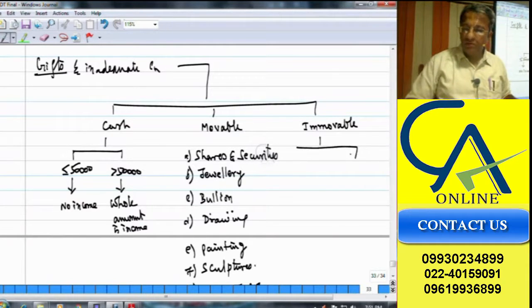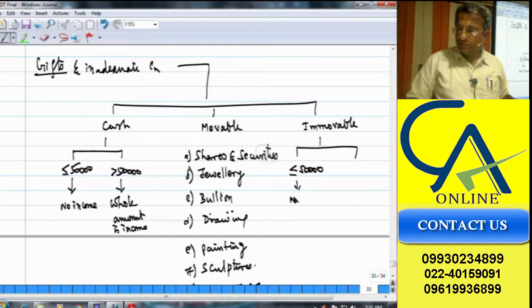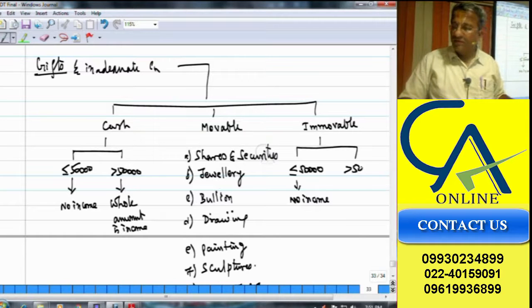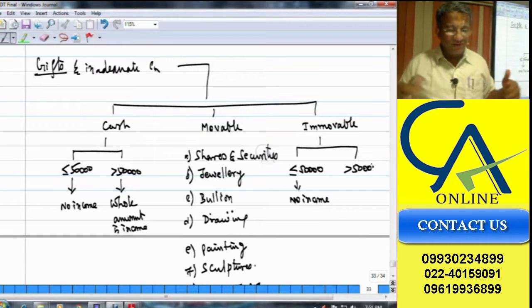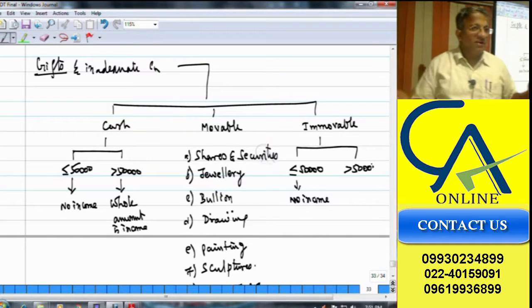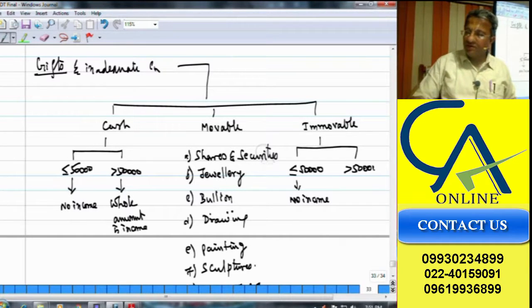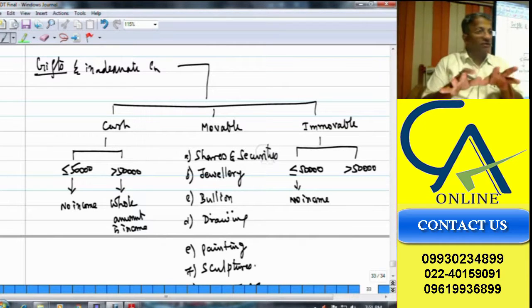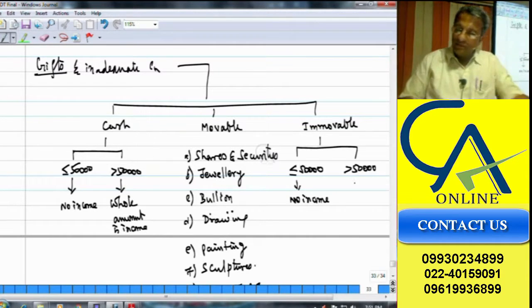Immobile, less than or equal to 50,000, no income. Greater than 50,000, or for all these I could have just done. Anyway, in your noting you just make note like that. For all the three, otherwise you will get an impression all the three together will be 50,000. So it is better we will write whole amount